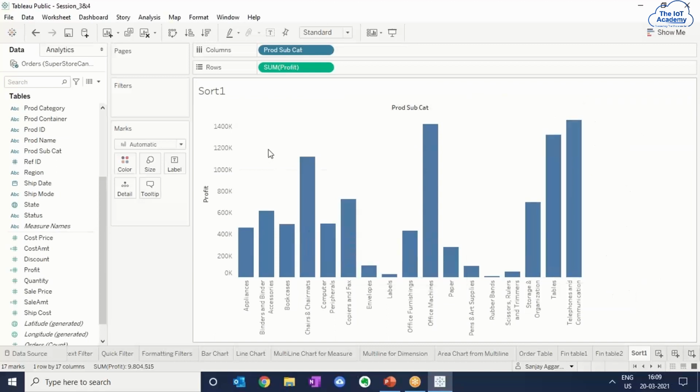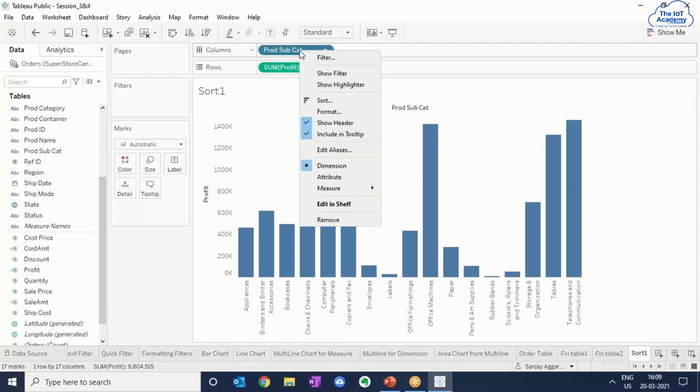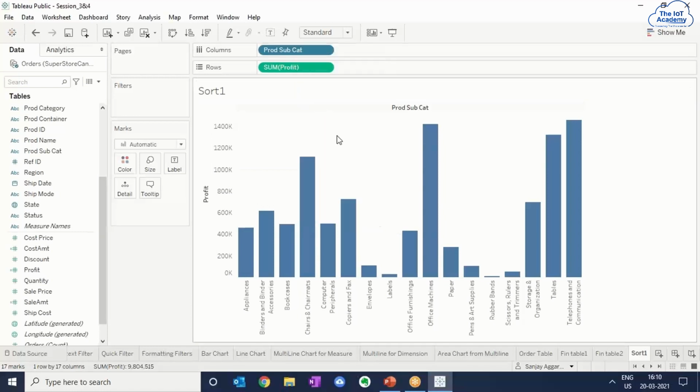Okay. So sorting can happen from here, and if you have to clear the sort, you have to go to the respective pill, and you have the sort option available there, and you can clear the sort. So right now it's cleared, so you don't have this option. You can actually sort from here also. If I don't use these icons at the top, then I have this option of sort here. So I click on this sort. So I get this window,